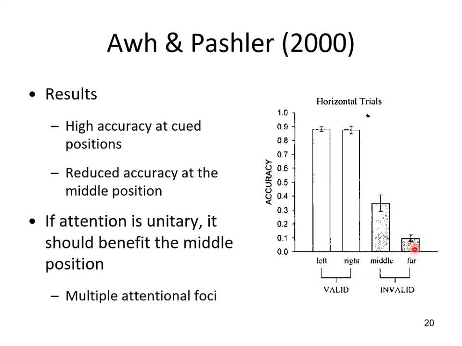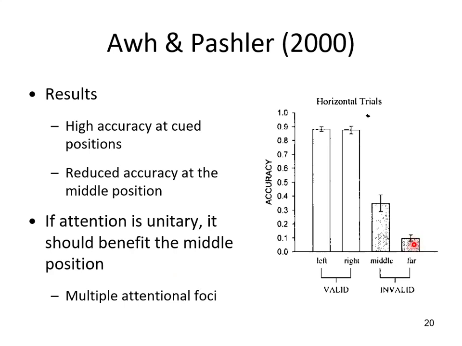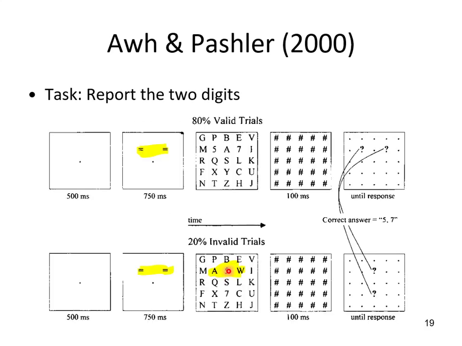When the target is far, that means this one, then of course performance cannot be good because attention is not here. So of course, poorest performance. The most important part is the middle location. If attention also covers the middle position,